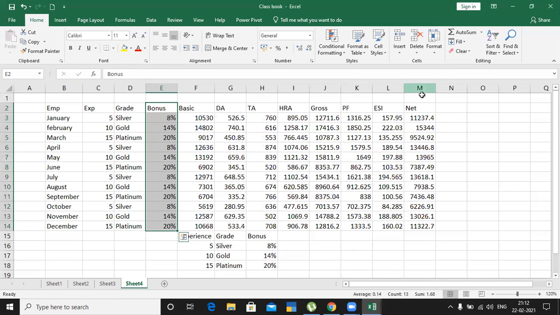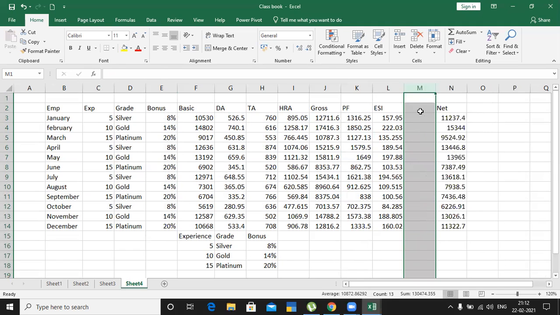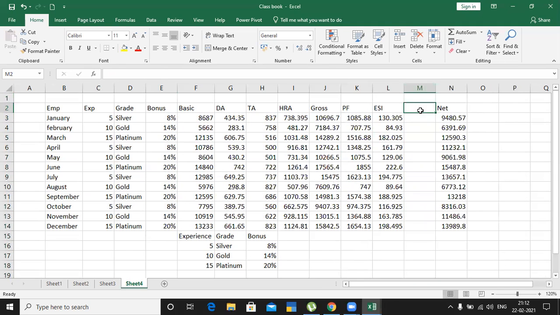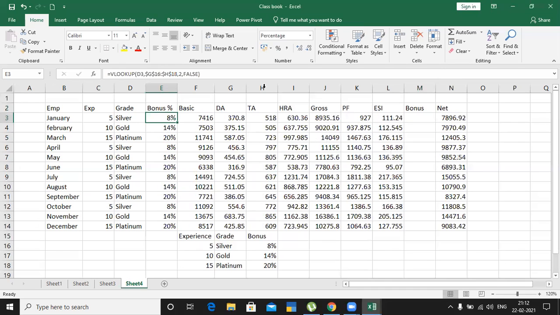Now again I have to add one more column here. Right click and insert. Now you have to allocate the bonus. So this is bonus in percentage, and this is bonus in value.